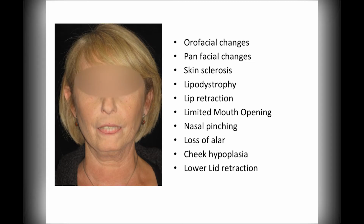This volumetric replacement is really what fat transfer was designed for, but there was something about the fat volume replacement that we found in the patients with systemic sclerosis which led us in a slightly different direction. So these patients are exactly the same. We've seen this sort of appearance before, and this is again an old patient of both Chris and I's. If you look at her